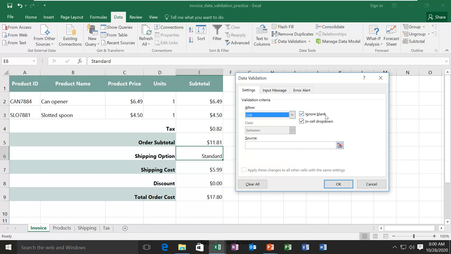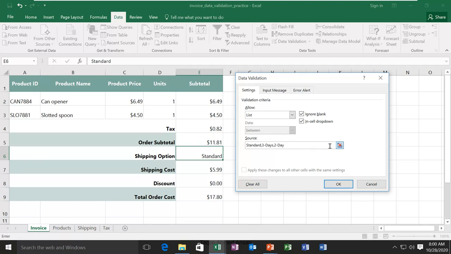Now it says ignore blank and in-cell drop down, so it will show the in-cell drop down there. Now for the source, we can manually type like this, then comma, then 3 days, then a comma, then 2 days, like this. But we can also make mistakes.